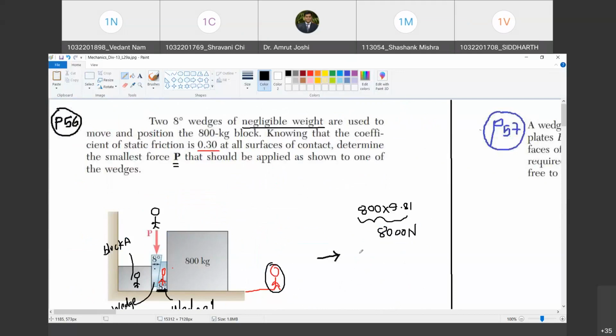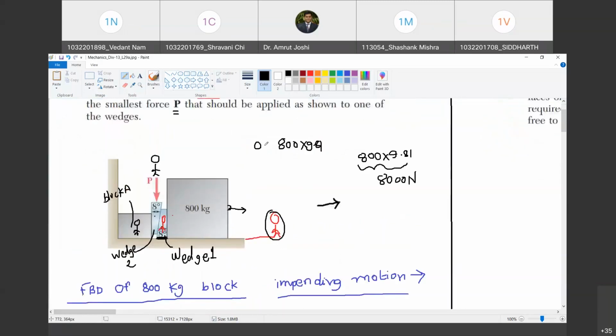Yes, sir. Another thing, there is another way of doing it. You may have a hook here and then you can pull it by the string. Do you agree with me? Yes, sir. That is also a possible solution. Happy? Yes, sir. Now, if that needs to be done, what is the force that you will require? You will have to produce the force of 800 into 9.81, which in that case will be the normal reaction, multiplied by 0.3. Do you agree with me?